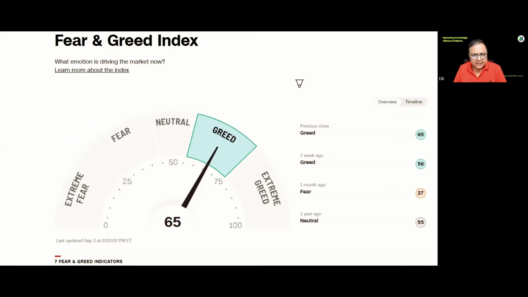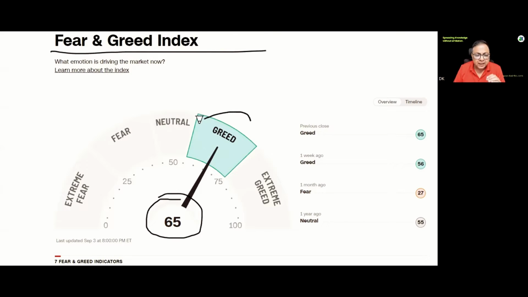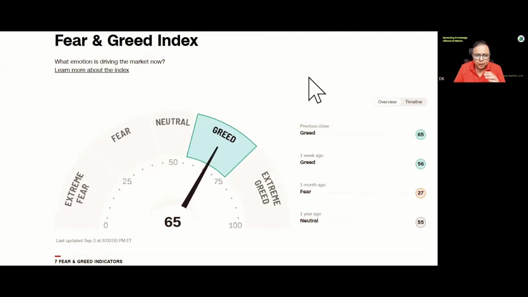Before we go to the price chart to undertake the technical analysis, let us understand what emotion is driving the US stock market. This is the fear and greed index against broader market index S&P 500, which currently reads at 65, which means the market is still in the greed zone. So the market sentiment has not deteriorated even after the fall on a single day, which was a substantial fall recorded in various indices in the US stock market. Now let us move to the price chart.